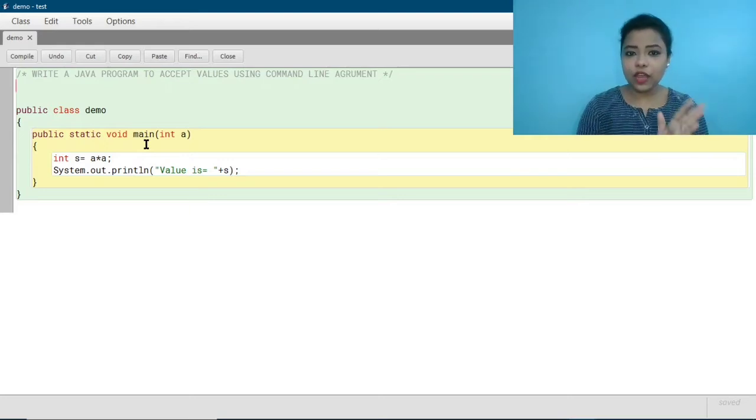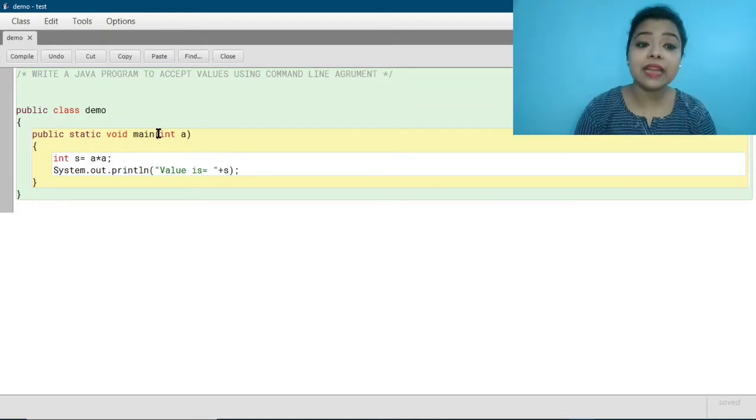So in my previous video I have told you what is the purpose of public static void main and how to write it. So in my previous video I have already written that public static void main within bracket I used to write string args. But now see, I have written something different here. What is that? I have written here, instead of string args, I have written int space a. So basically instead of taking the value within the main method, we are taking the value when we are passing the command void main. Okay, so here as argument we are inputting the value.